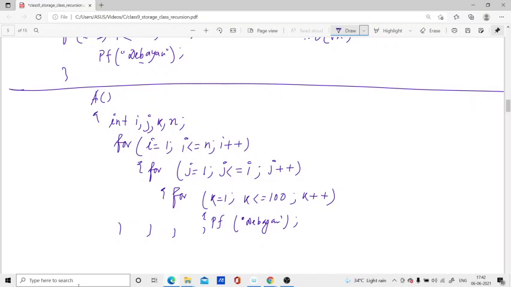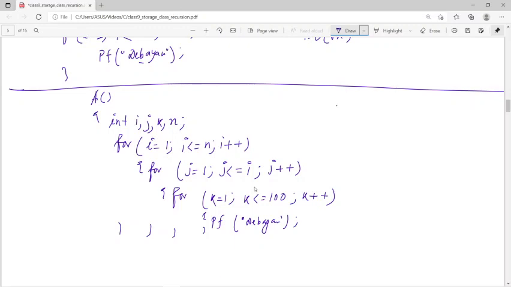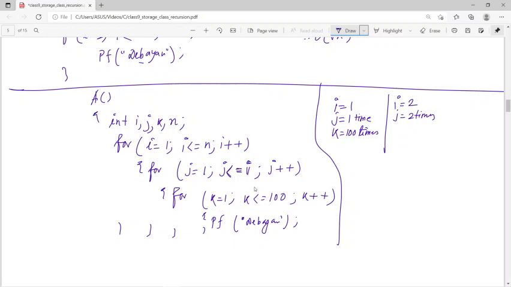Okay. So in that particular thing, what he said is that if I equals 1, you just observe from this. If I equals 1, j will run up to j is less than or equal to I. That means j also runs 1 time, and for that k will run 100 times. Similarly, when I equals 2, j will run 2 times. So k will run 2 into 100 times. When I equals 3, j also runs 3 times. So k is running,